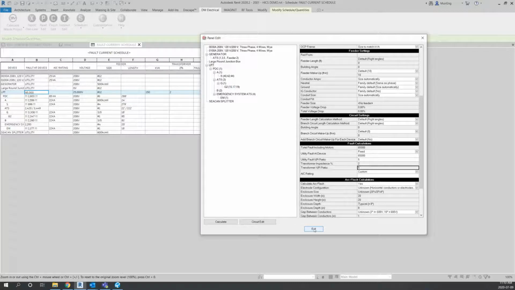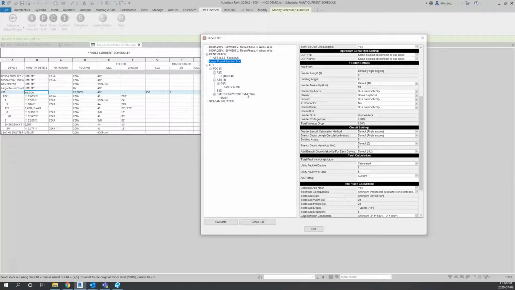Hey, David, just a comment here. You see up above the LPT, we have a large round junction box. And that is just a family that we use to describe a junction box on our site plans. And it needs to be electrical equipment class because we want to be able to control it in Revit's visibility section as electrical equipment. But it'd be really nice if it didn't show up in the panel edit and if Design Master didn't pay any attention to it at all. So maybe I'm asking for a feature, but